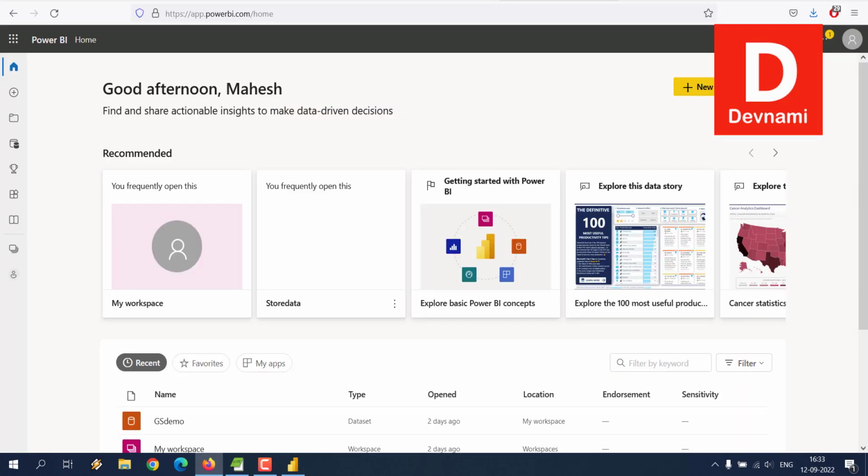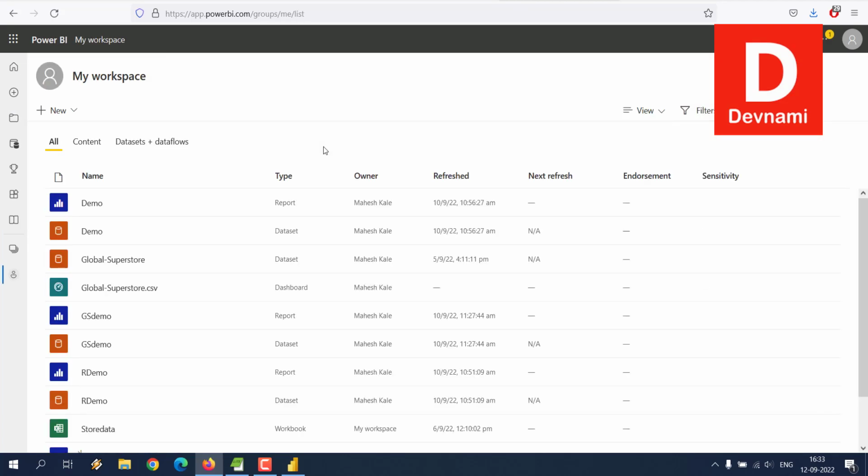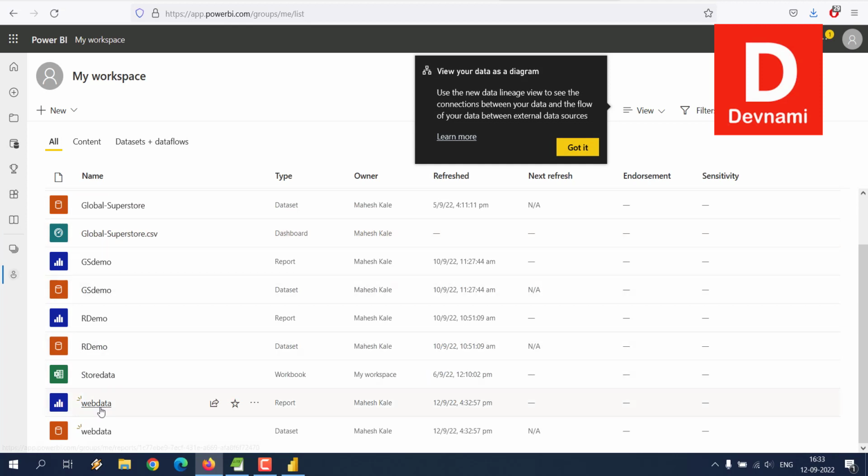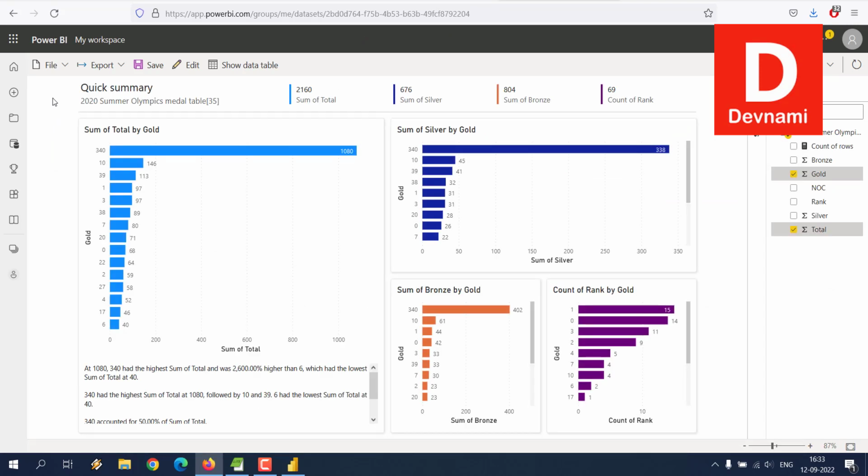Now within Power BI, what we will do is we will simply browse for our workspace, right? And here we will check the data set named web data, right? We can visualize this by auto creating the report. Let's see what it generates. So as you can see, it basically sorts out this gold, silver and bronze, but has no specific records on countries. So such reports you will have to create on your own,